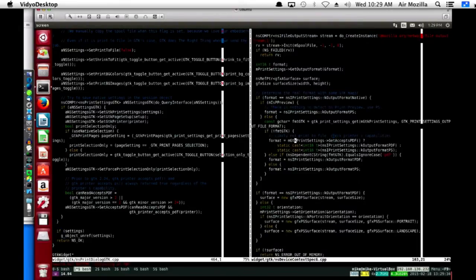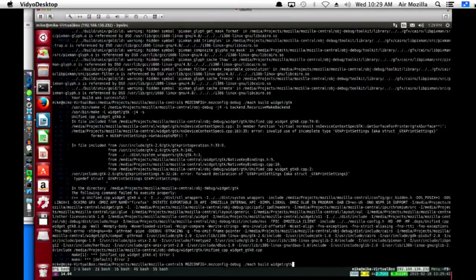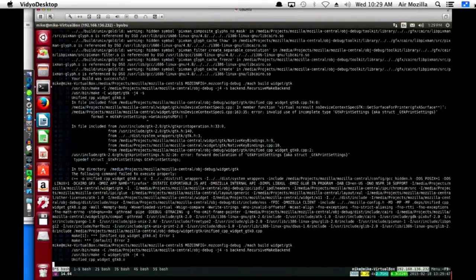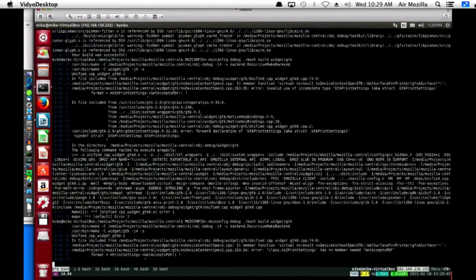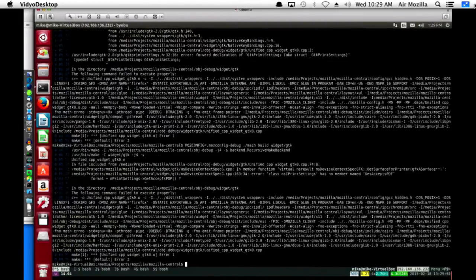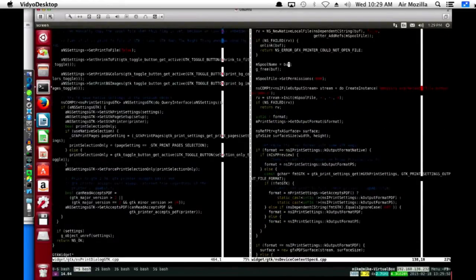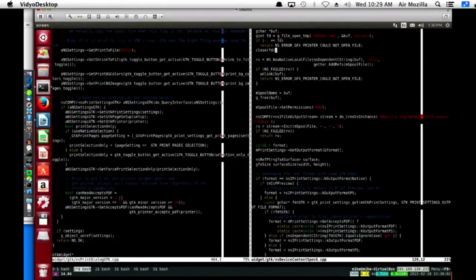We should just be using M print settings, because GTK print settings is an actual GTK print settings object, which does not have the get accepts PDF thing defined on it. There are too many things named like that. Class NSI print settings says no member named get accepts PDF. Not true. It's actually true because I didn't define it on the interface.